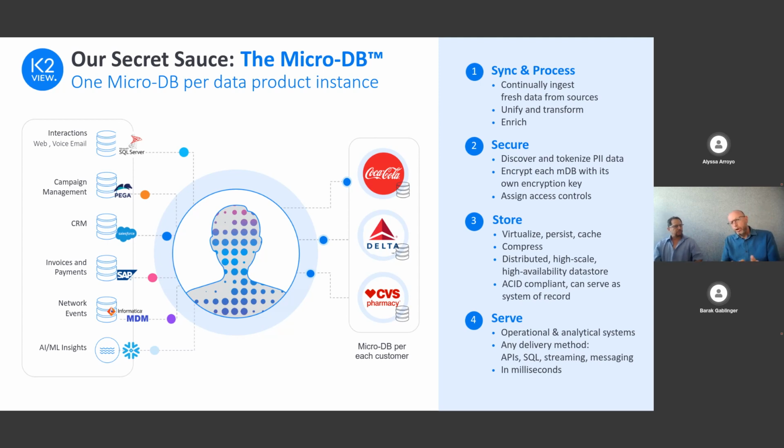So, for example, Coca-Cola, which is one of the customers of this big four accounting firm, all the data relevant to the Coca-Cola account or customer will be extracted from all the different data sources, regardless of technology and format, and will be unified and managed in this micro database, right? And the same will go for Delta Correct and CVS, right? Yeah, and each one is handled independently. So we can handle multiple processes and multiple threads simultaneously.